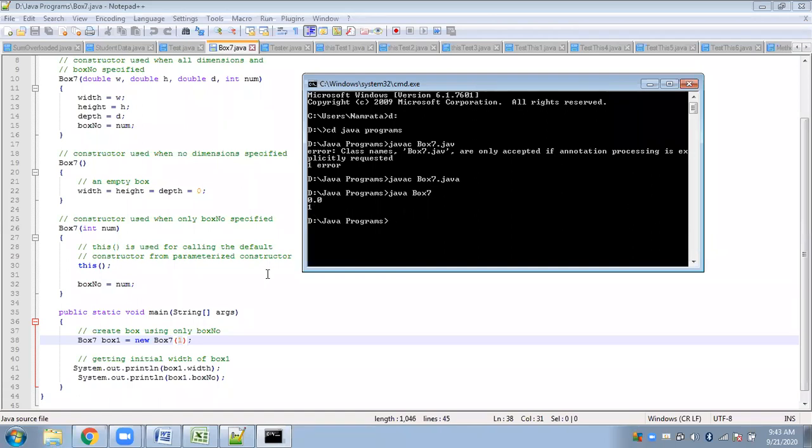Yes, ma'am. And constructor overloading as well. If you understood method overloading, constructor overloading is also the same. And without your knowledge, you have been using constructor overloading since a few previous classes.